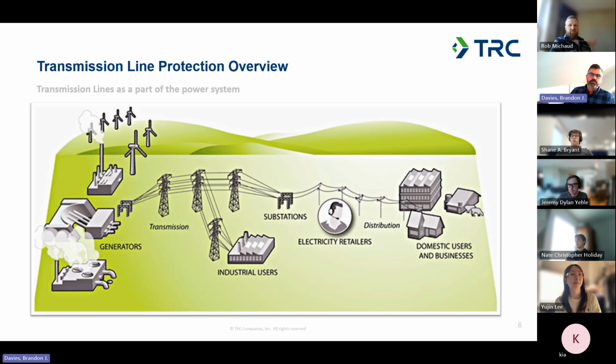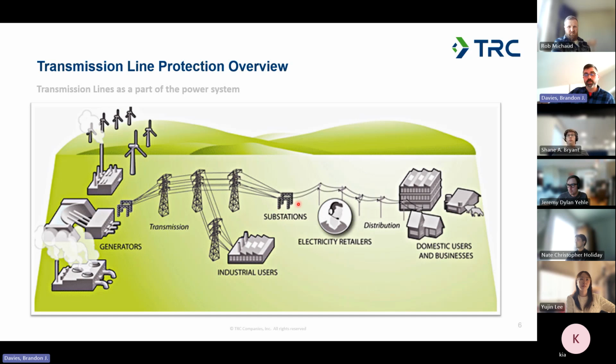So kind of overall, a very simplified version of the transmission system here. We've got a variety of generators over here, those step up through transformers that apparently aren't shown on this graphic. And then we move power from the generating areas to industrial customers that might be connecting in at transmission voltages. They have their own transformers and things like that to step down to their operating voltages. Or we'll go to electrical substations and step down from the higher voltage, 115, 345 kV, down to a lower